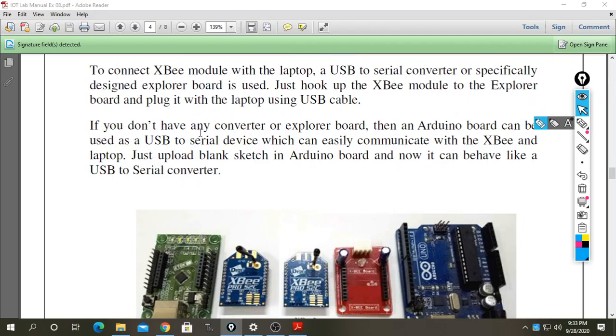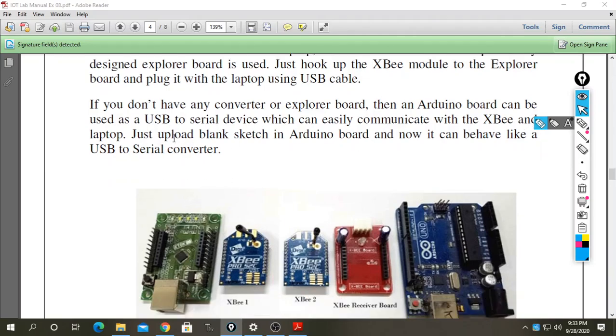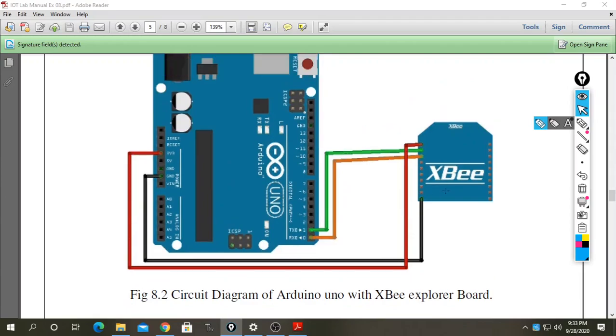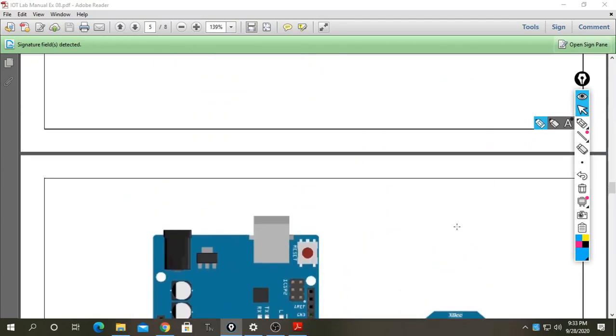If you don't have an Explorer board converter, then an Arduino board can be used as a USB to serial device which can easily communicate with the XBee and laptop. Just upload a blank sketch in the Arduino board and now it can behave like a USB to serial converter. This is the diagram. Like this we can connect our XBee module.